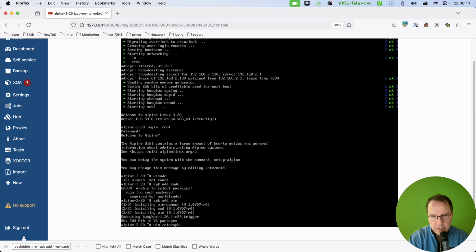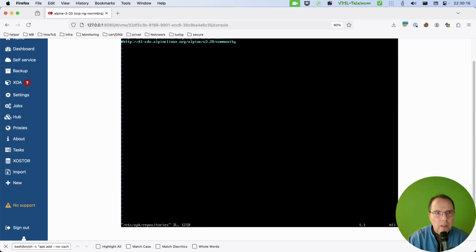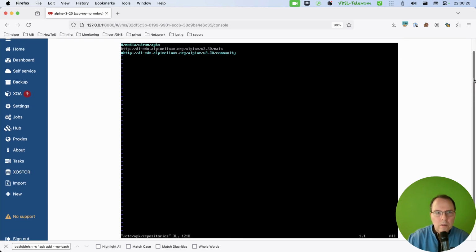It's /etc/apk/repositories. And here you can see the community repository is commented out. I uncommented it. Write the file, close it,